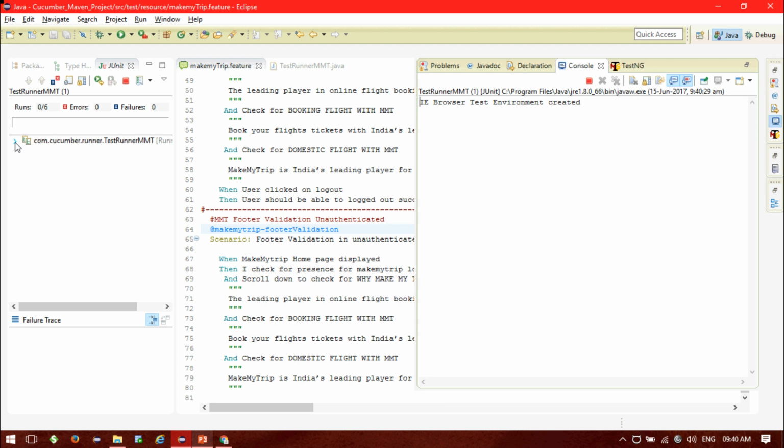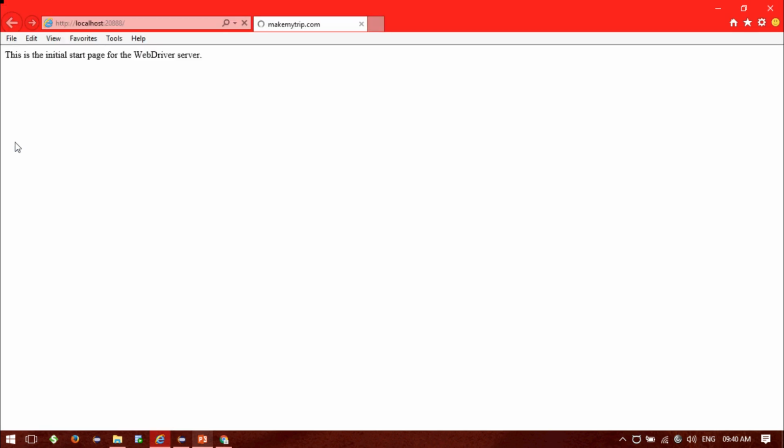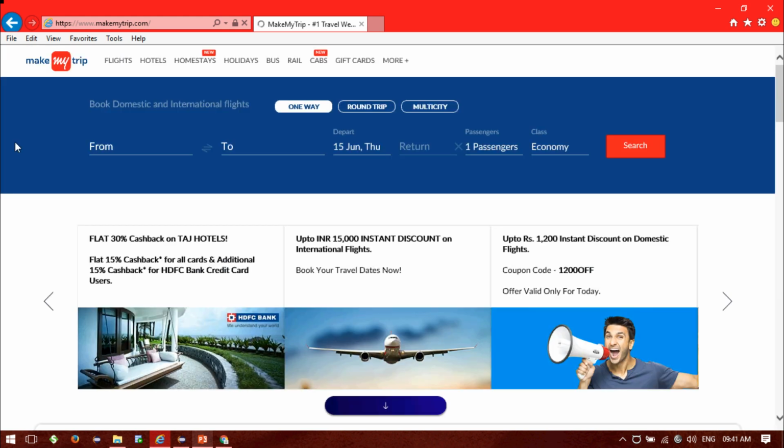So the browser is being launched and navigating; it is checking in the Internet Explorer browser here. Oh, it's taking some time.